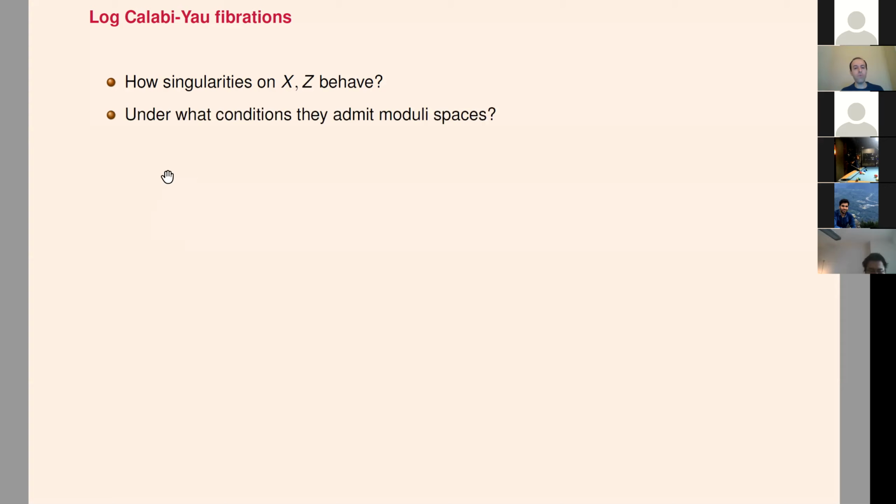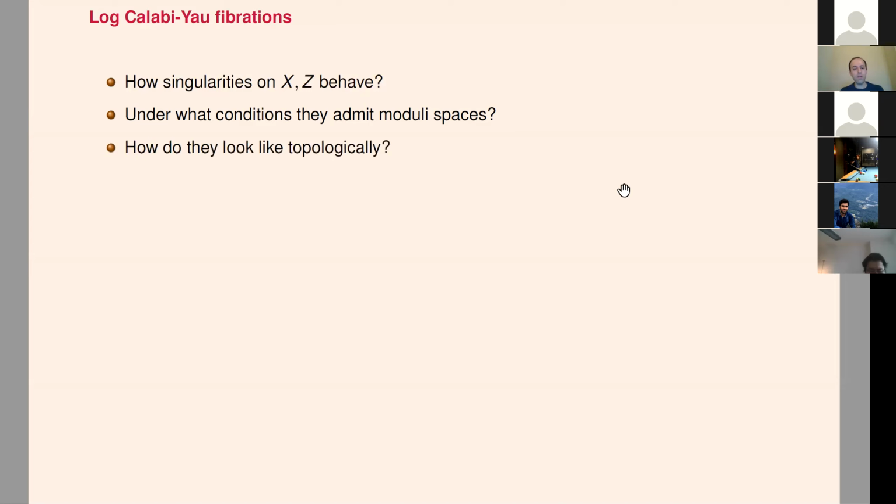you can also ask under what kind of conditions you have moduli spaces for some class of Calabi-Yau fibrations. I talked about this in the previous lecture, that if you have polarized Calabi-Yaus, I did not give you the precise definition, but I said that we have a moduli space. But if you consider something more general, for example, X to Z a Calabi-Yau fibration where Z is not a point, do you have a moduli space? What kind of conditions should you put to have a moduli space, and so on.